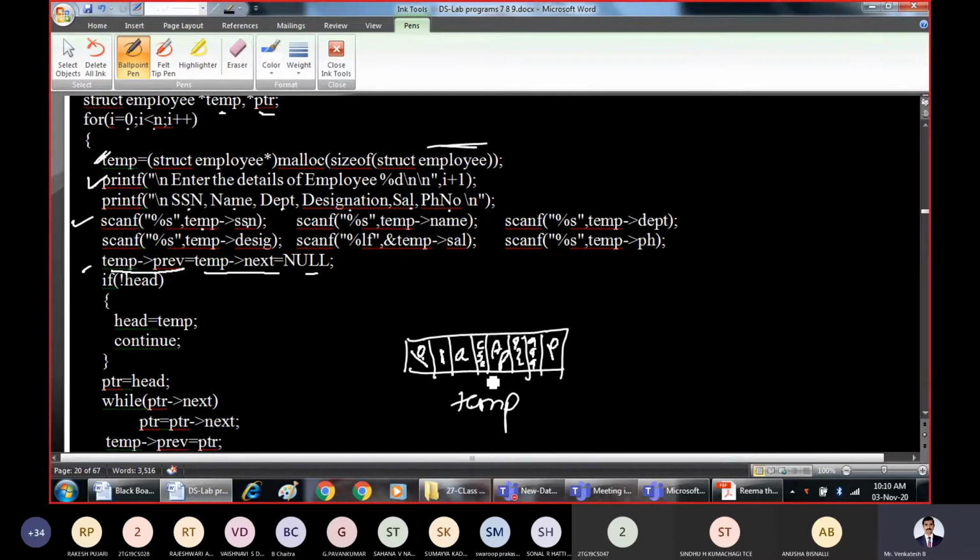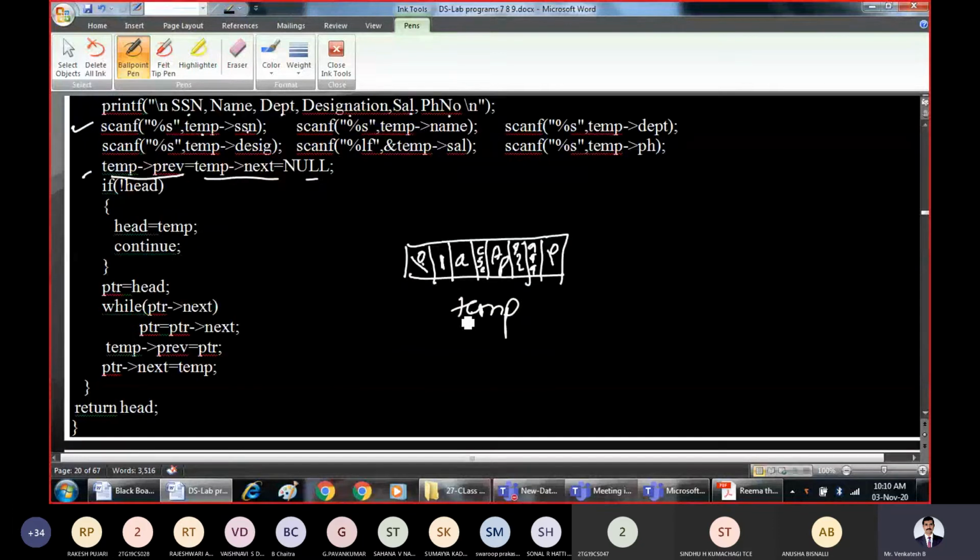What we have done now, we have taken one temporary node and stored the data of an employee in this. But you need to check whether this is the first node. By looking at this, you can say that this is the first node. But how should the code come to know? That will be known only if the head is null. Earlier, whenever we started the program, head was pointing to null. So not of null is true. This indicates that there are no nodes in the linked list. That means this itself will become the first node.